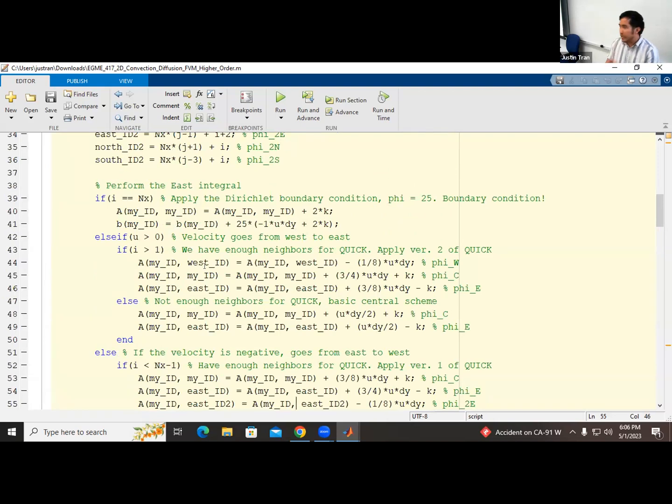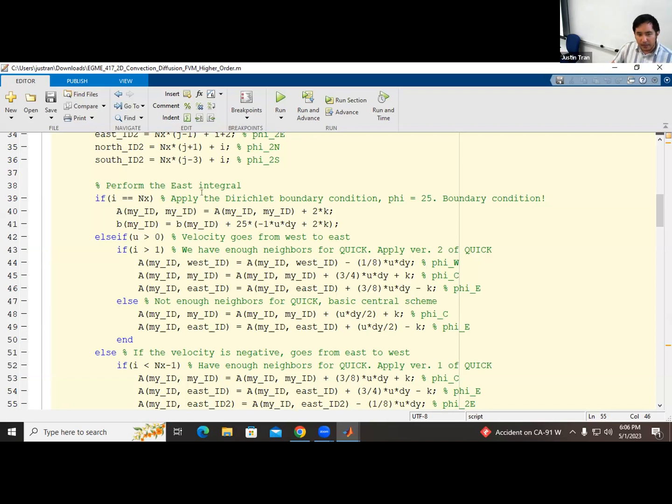Okay, so let's go through the east integral and talk about all the if statements that are here, because each one serves a specific purpose. So let's look at the east integral first. Remember, this is for an individual cell, and we're performing the east integral for that individual cell. The thing that's kind of confusing, especially for those of you who are doing finite volumes for your final project,